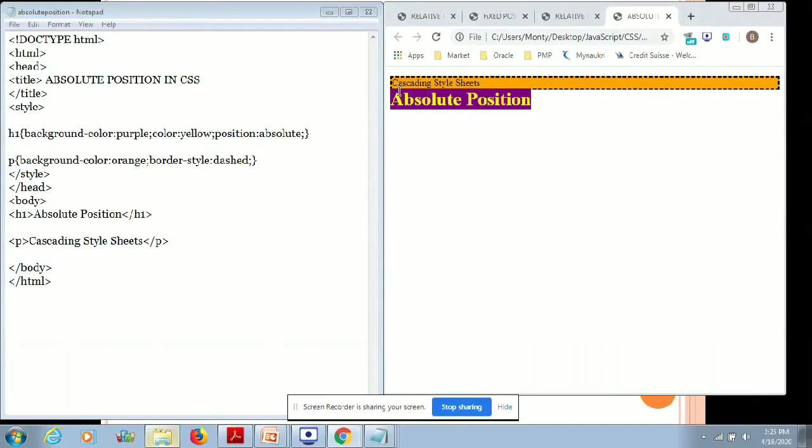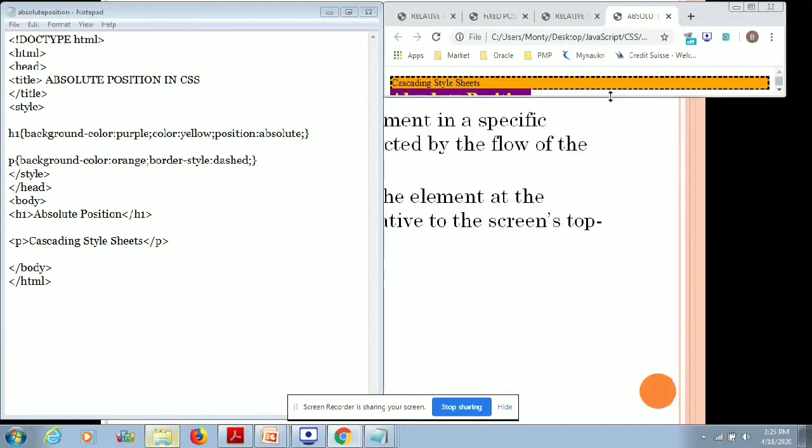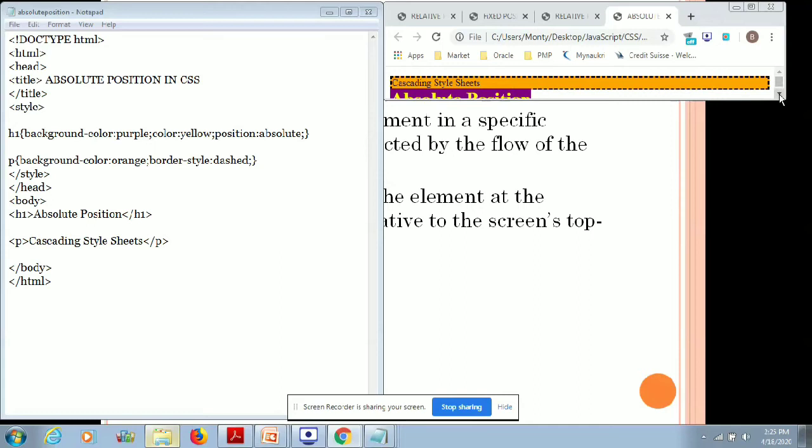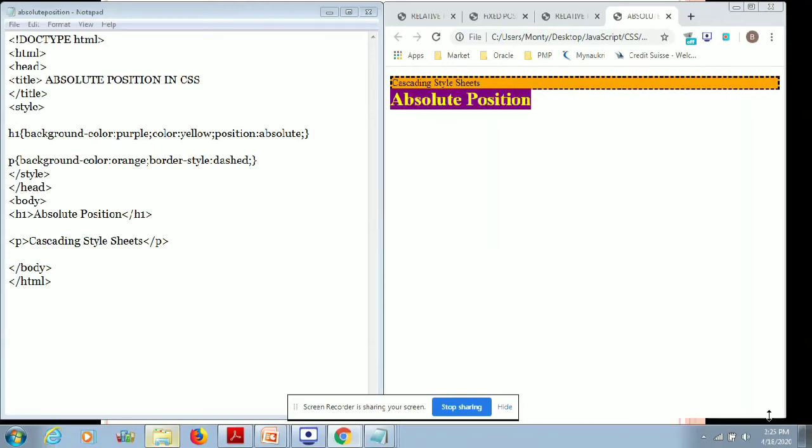Here, this is the absolute position. We can see H1, even though it is written before the paragraph, is coming over here because of the absolute position. Now here, even if I have scroll bars, I am purposely resizing it to a very small page. Here, you can see the absolute position can move. The fixed position cannot move.